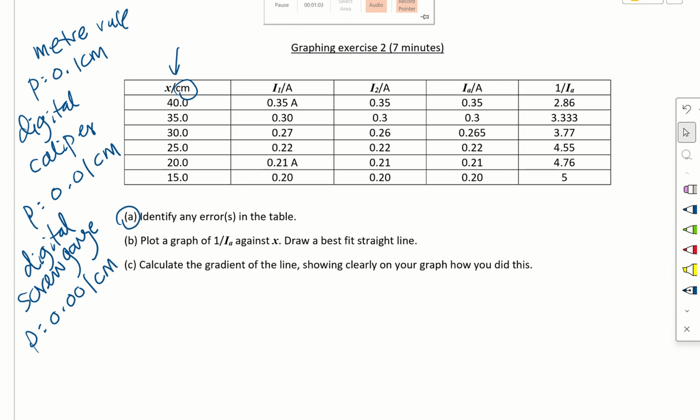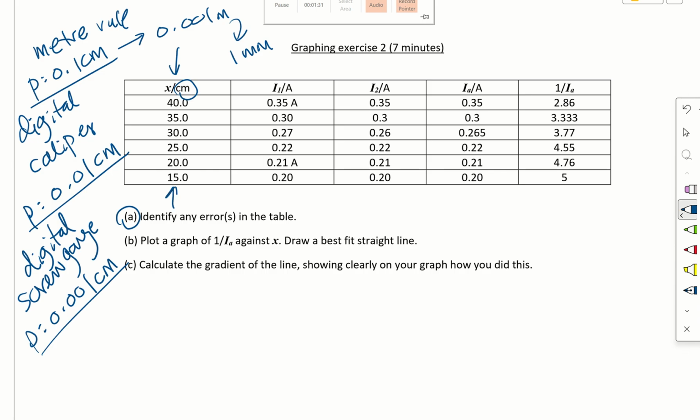So what is 0.1 cm in meters? It is 0.001 meters. Okay. What is it in mm? It's 1 mm. Okay. So you have to actually memorize all this precision, especially the precision of the digital caliper and the micrometer screw gauge. Okay, so now if I were to look at this, it seems to be measured with a meter